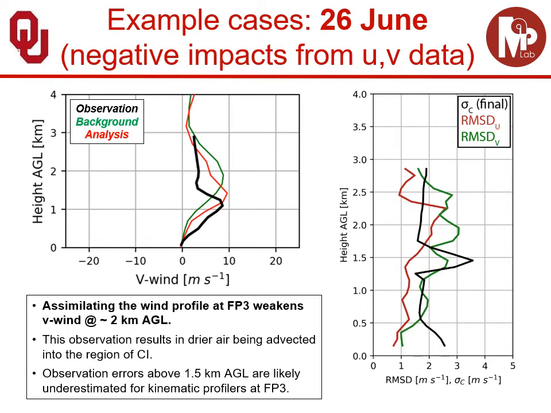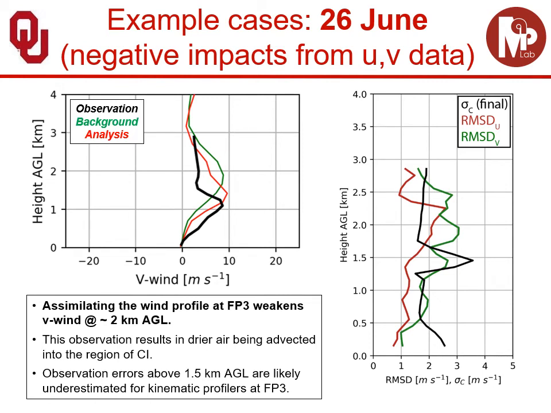So assimilating this observation weakens our V wind component by about 2 to 3 meters per second. And if you compare that with the previous slide, you can deduce, given this positive north-south moisture gradient, that a slower V wind would reduce moisture advection to central Kansas and cause drying compared to the baseline experiment. So we hypothesized that the upper portion of this kinematic profiler is what's causing the drying. And we found this occurring on a few example cases. So when we look for the cases where the kinematic profilers are causing a forecast degradation, often it's linked to drying in the upper portion of some of these kinematic profilers.